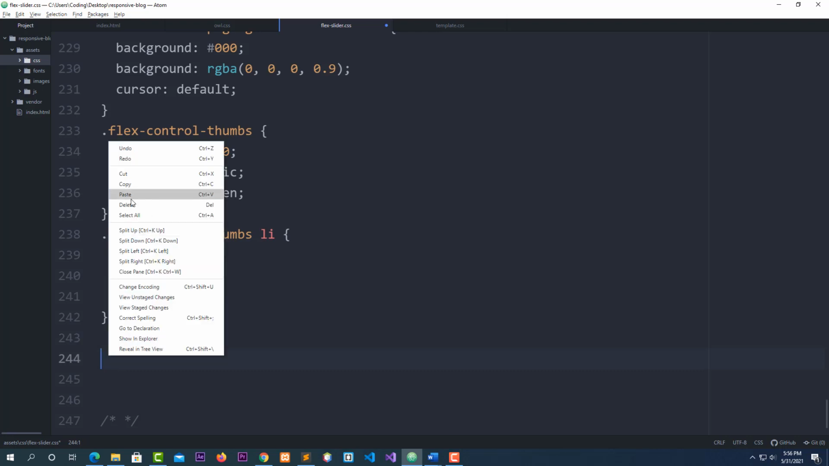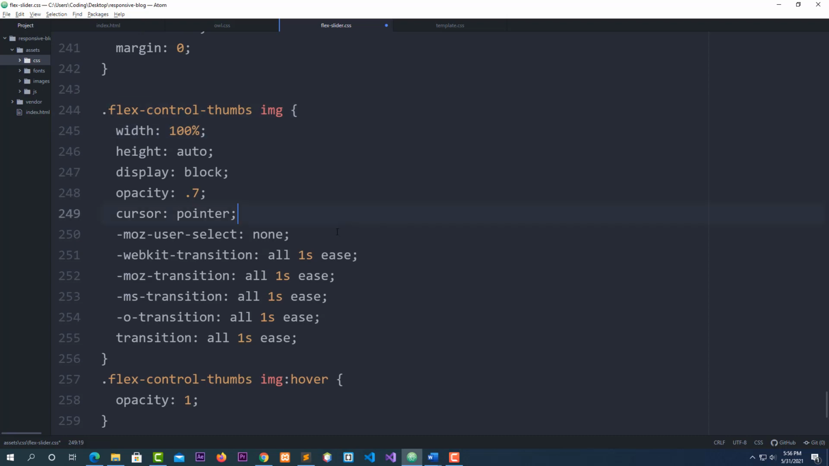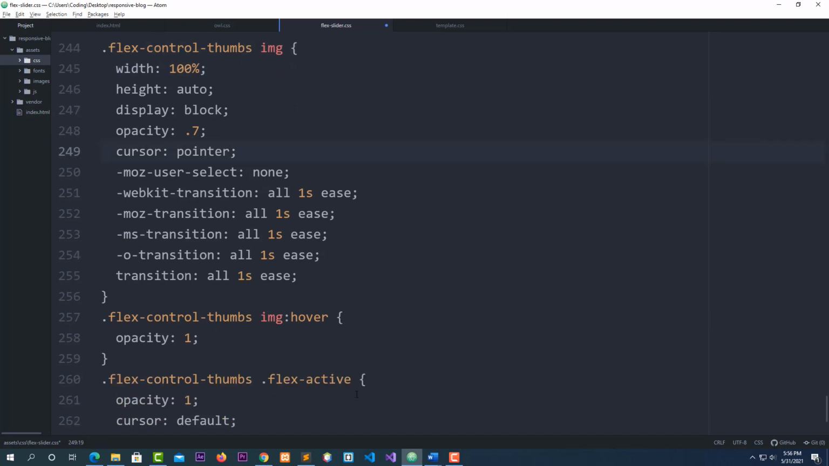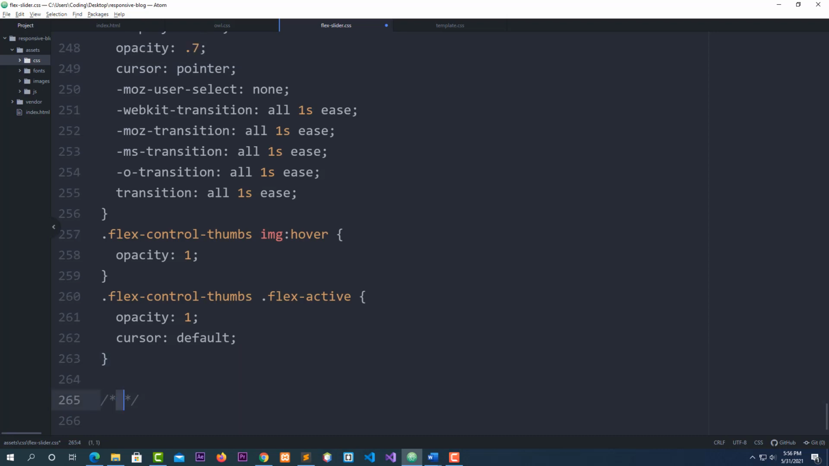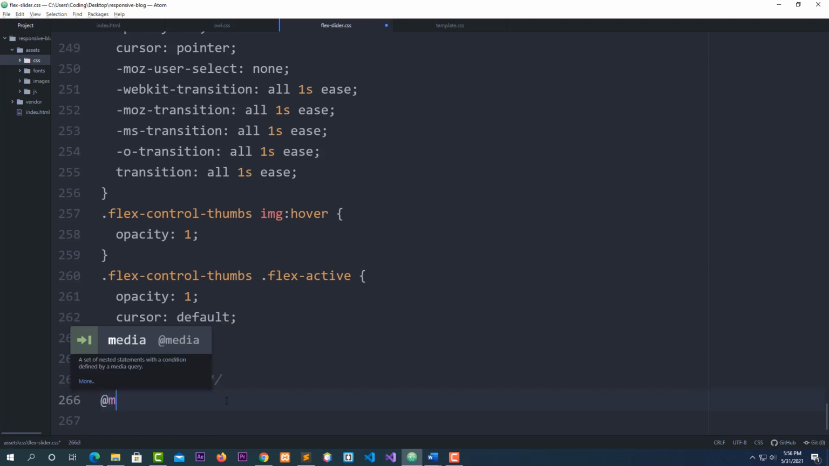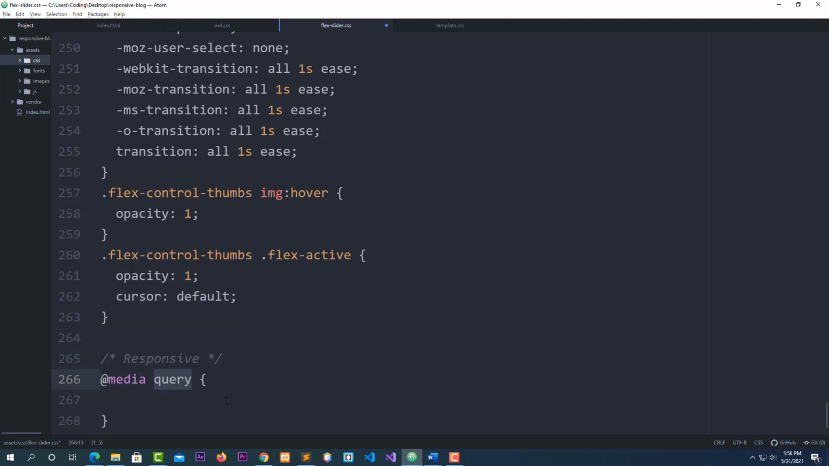Now paste. Okay. Flex control image. We start from here and I finish here. Now next, I'm going to say this is our last part for the responsive. For the responsive part, and this is where we say add media or just the media. Okay, add media